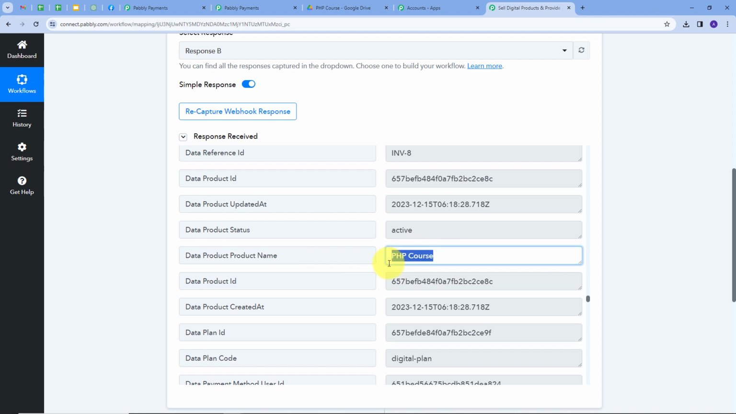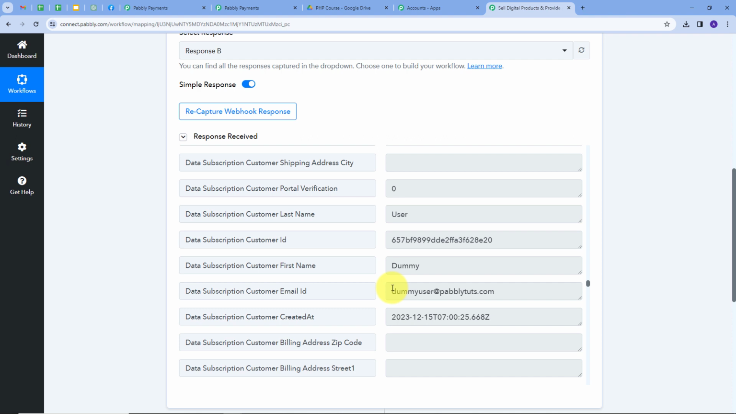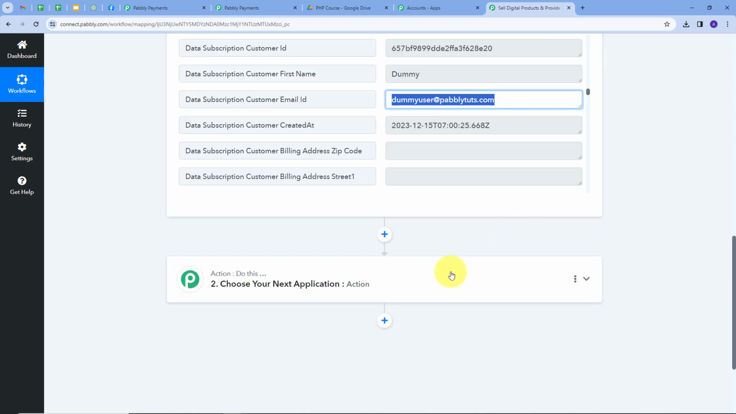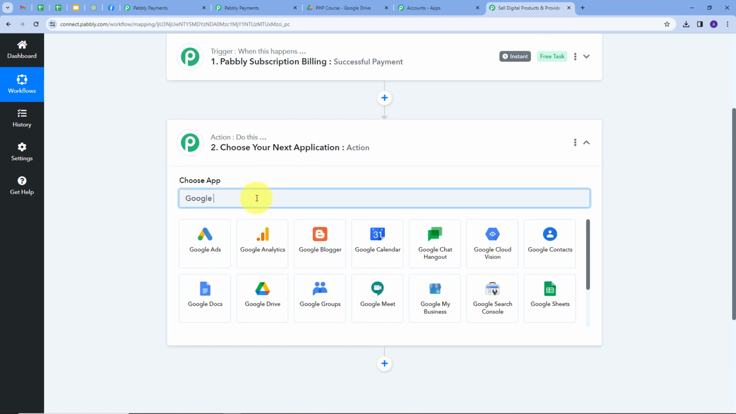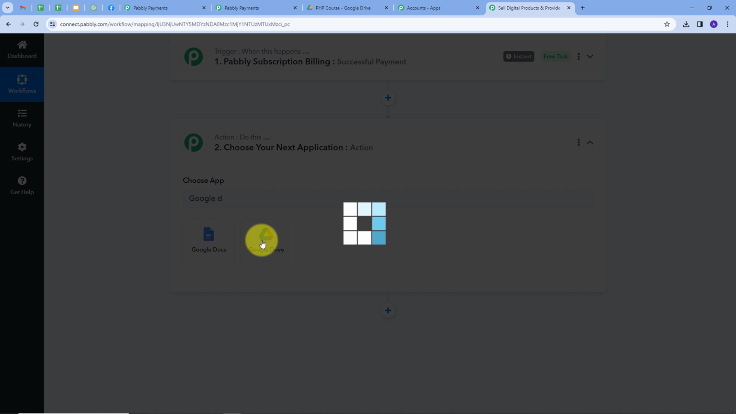So I got this details in the response, and in this we are going to use this email address. So what we are going to do is we are going to share the access of our product to this particular customer. So for that, I have to set up my actions tab. So I will open this tab, and here my action application will be Google Drive. So I'm going to select this,